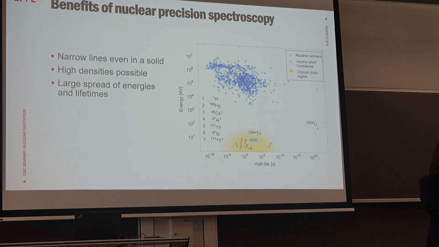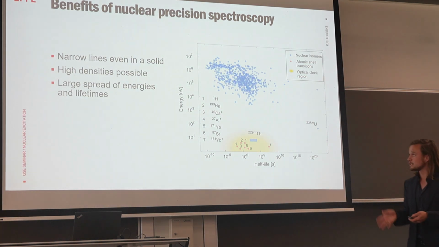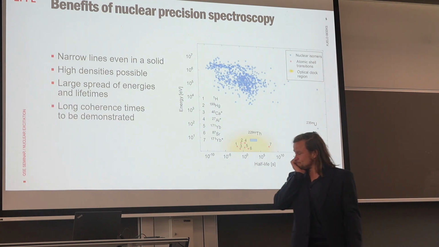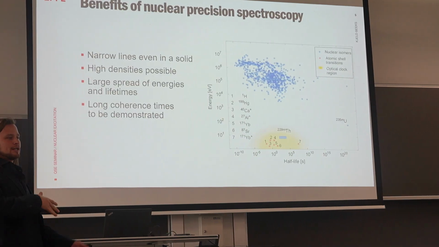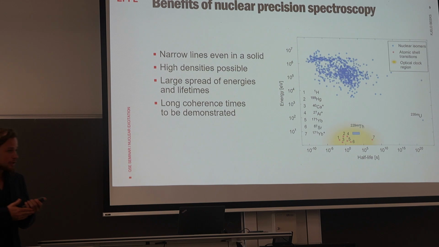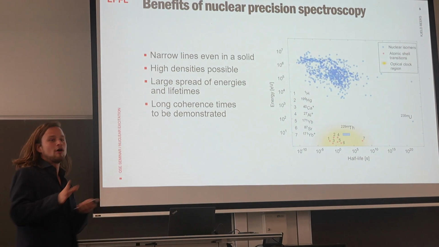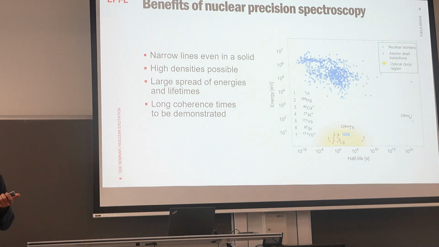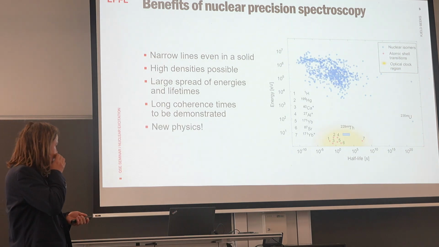So I can store energy in a nucleus, like a couple of kilovolts. And if I can make a very energy dense material, I can put energy in and out, one could produce something like a nuclear battery, for example. Like I said, we see long lifetimes, but obviously you know that lifetime, like T1, T2 time, is not always the same as coherence time. So a very long coherence time is something that still needs to be demonstrated, but at least we have long lifetimes, and the rest is basically still up for experimental research. These things should theoretically be possible.